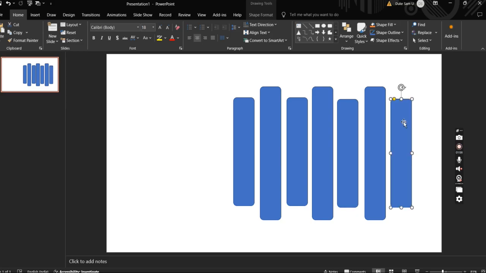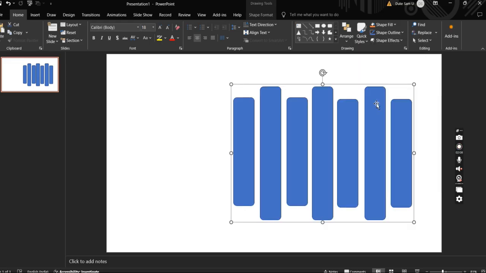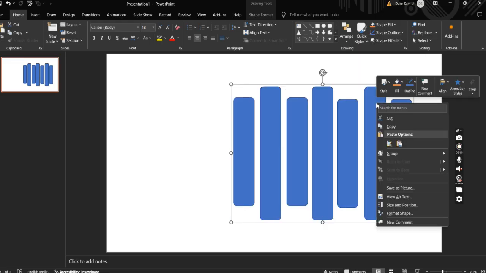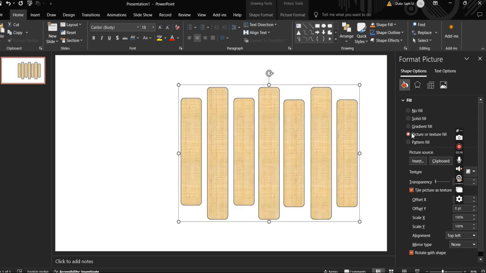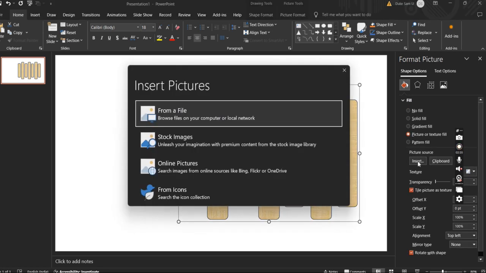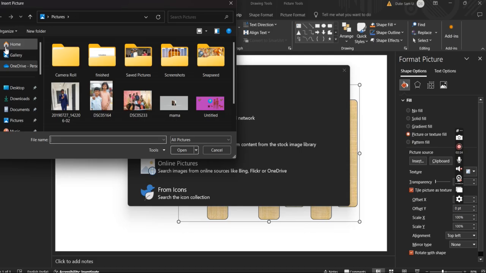You can make a thing like this, and then now we can select all the shapes, and then you can right click there. You will have an option group, and after grouping you can come to the thing format shape, where you can fill the shapes using the picture like this. You can insert a picture from your thing, that is